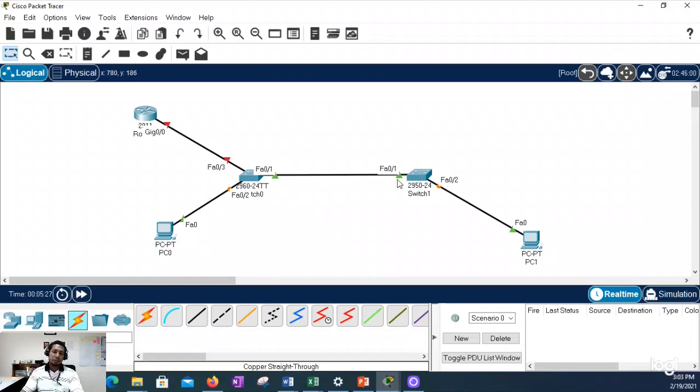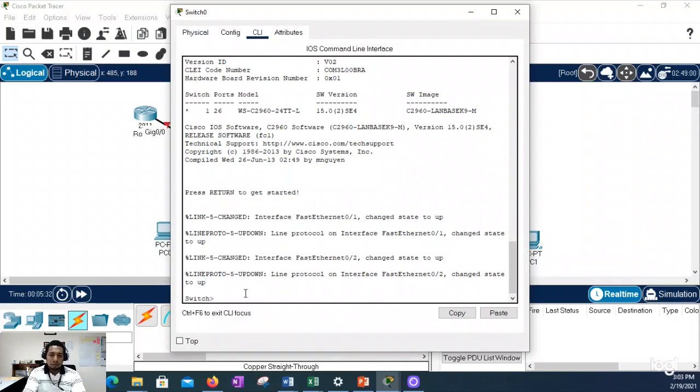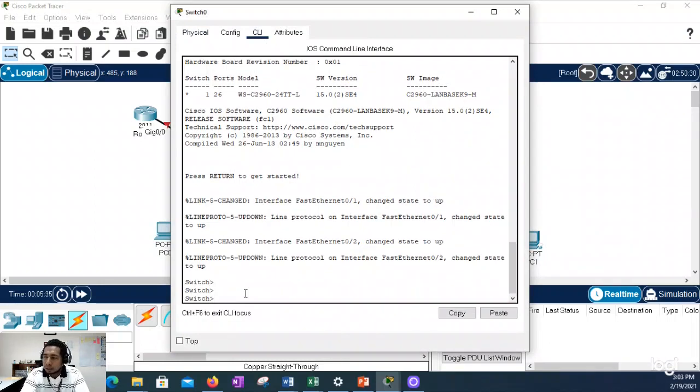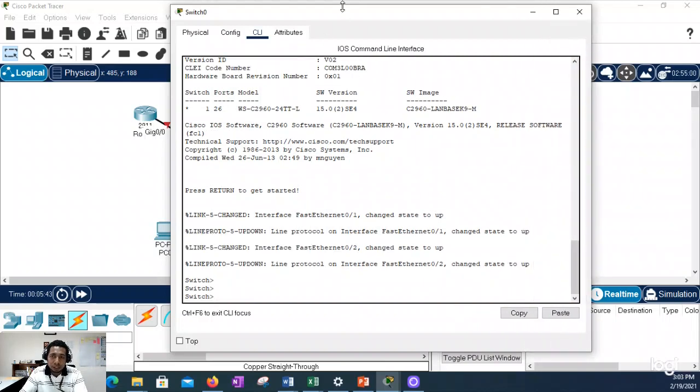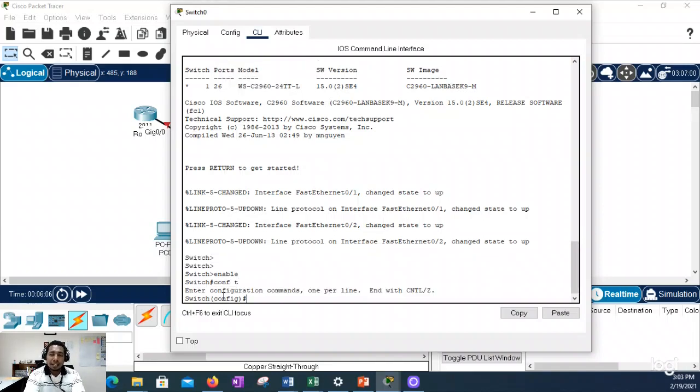Okay, so remember that in every basic configuration, one of the first things we need to know is the different prompts that we are working with. As soon as you log into the console interface or the terminal interface of the switch, the first prompt you should see is the user exec mode. It shows with the greater than symbol, and switch is the default name. Enable, or en, should take you into the privileged exec mode, and I would like to do some configs here. So I type config t, configure terminal, or conf t, which takes me into the next mode,